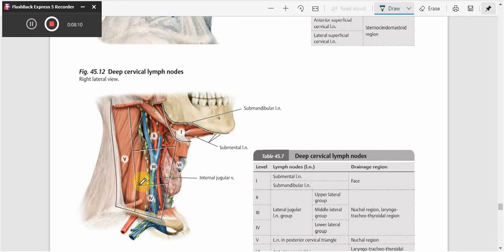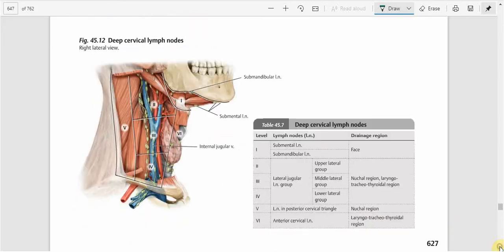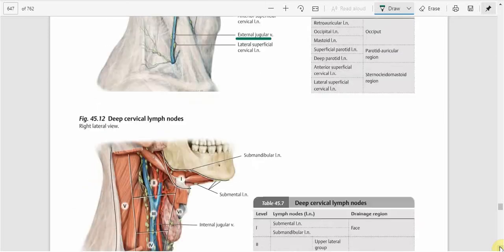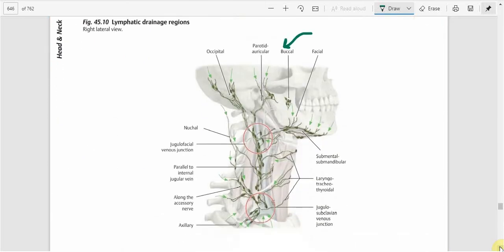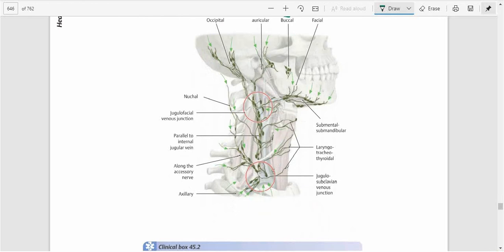Then you can see in this area we have the lymph nodes in the posterior cervical triangle, right? These are present around the spinal root of the accessory nerve. The accessory nerve, as you know, has two roots, a cranial and a spinal. Let's see if we have any representation. We do have a representation along the accessory nerve. Over here it is written parallel to the internal jugular vein. So this is referring actually to the lateral jugular lymph nodes,